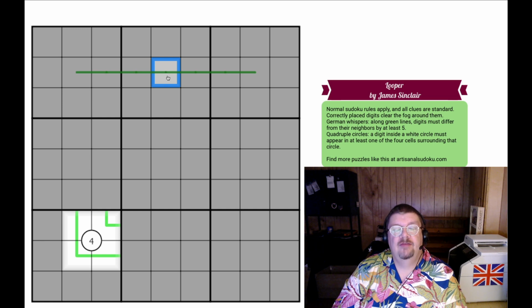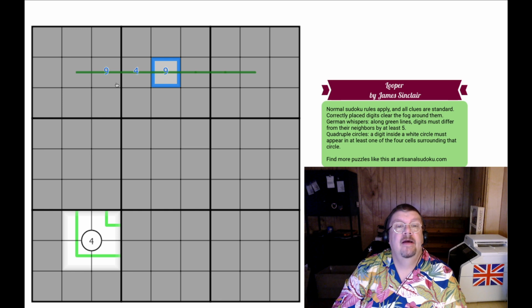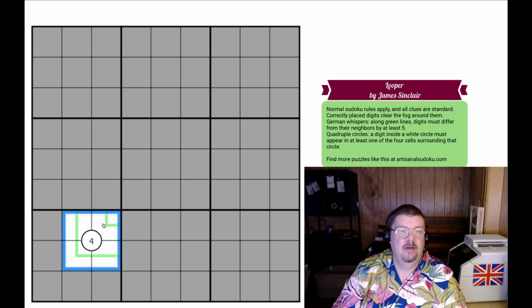Now, 4 and 6 are challenging to put on a green line because the only digit that can go next to a 4 is a 9. But if I placed a 4 there, both of these would have to be a 9, but they see each other by Sudoku, so I can't do that. Likewise with 6 and 1. So, what does that mean for here? It means that I can't place a 4 there because,